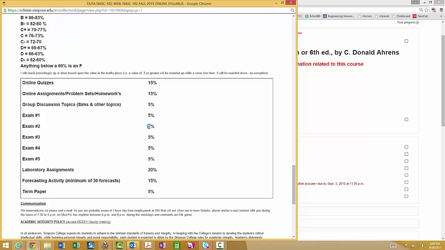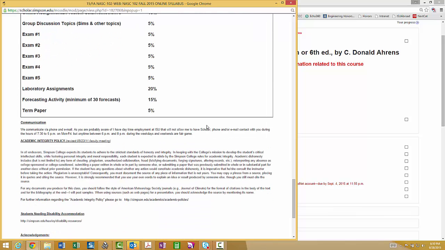So a single exam or a single set of exams are not going to impact your grade that much. Now the big weight is with laboratory assignments. They make up 20% of your grade. So you're really going to want to focus your efforts into the labs, the quizzes, the forecasting, and other assignments.